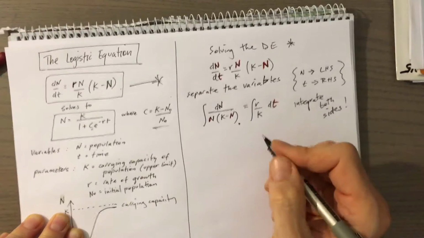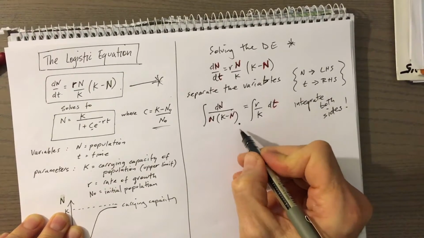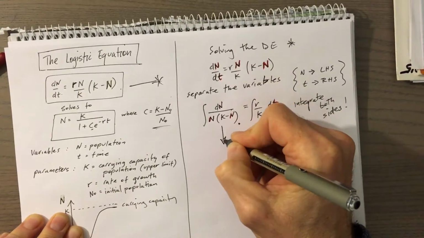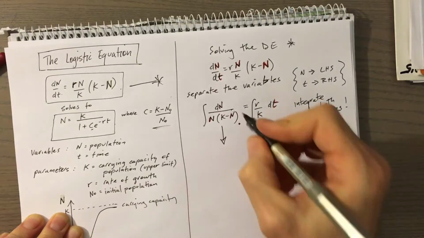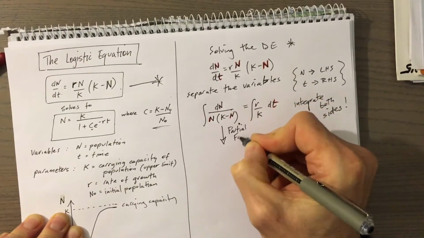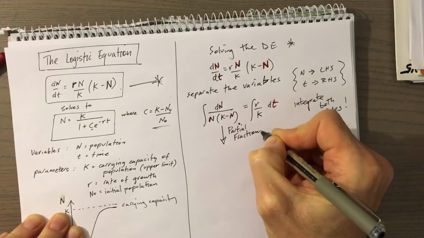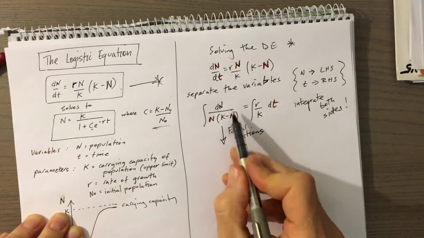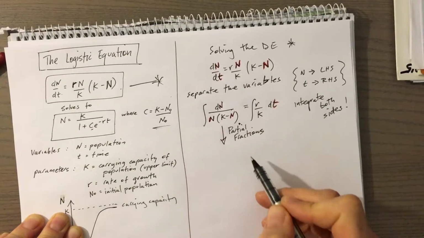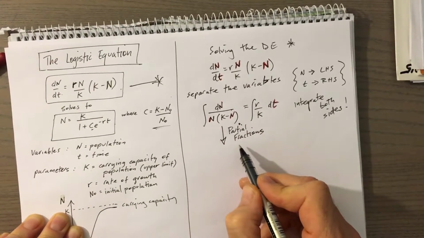Integrate both sides. Now I'm going to cheat a bit here, because integrating this isn't that straightforward. We actually have to apply partial fractions to allow ourselves to integrate this. I can come back and do that later, but once we apply partial fractions,